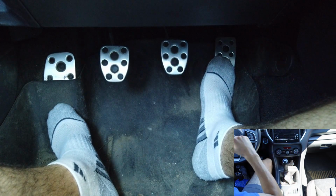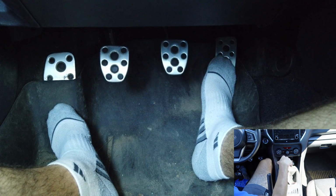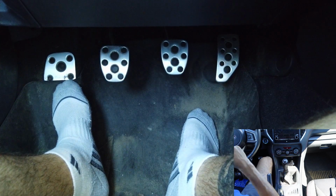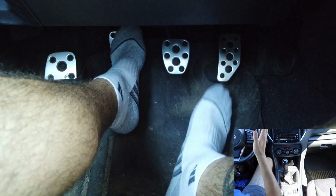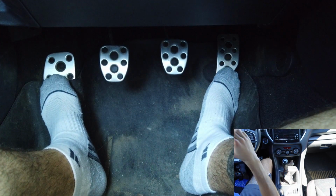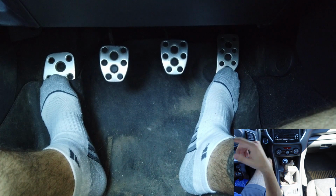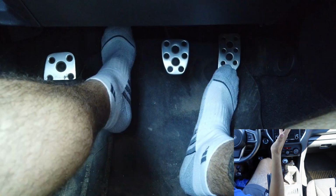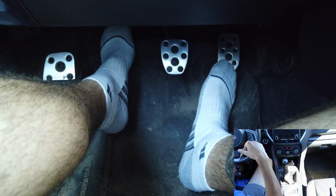So I hit 20 miles an hour, my tachometer's at 2,500, let's say, and I want to shift to third. All I'm going to do is take my foot off the gas, because you do not want to leave your foot on the gas while the clutch is in. Because when you do that, you rev the engine, because the engine is no longer attached to your transmission, well, it's no longer sending power to the wheels. It is just running. Clutch in, take your foot off the gas so you don't spike up the revs, and